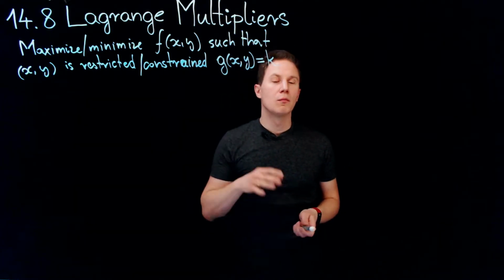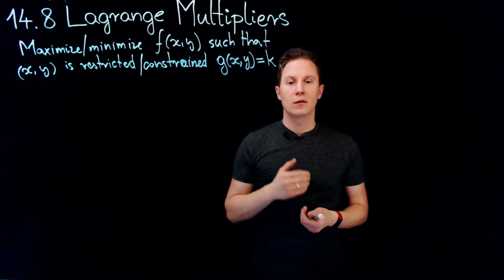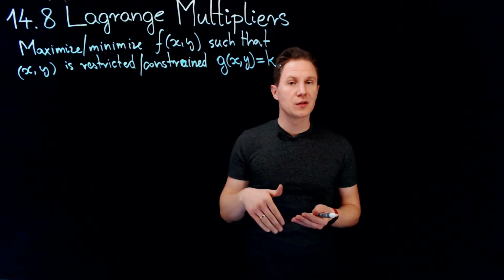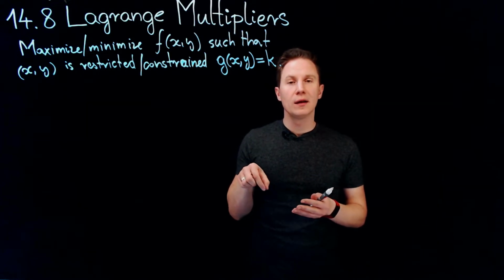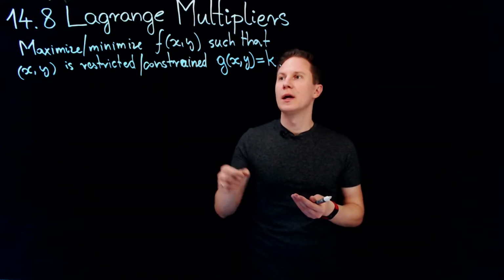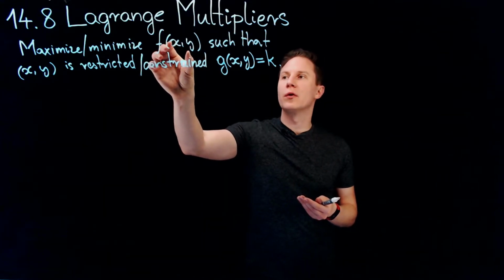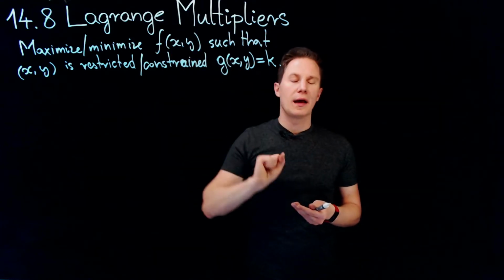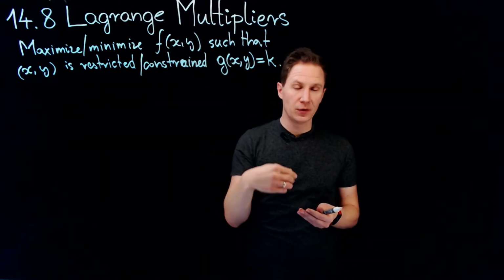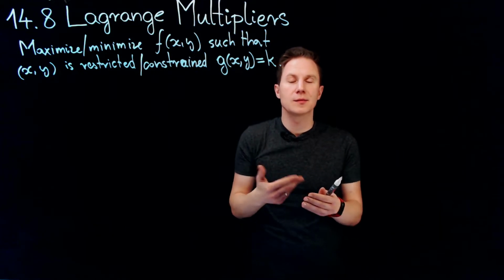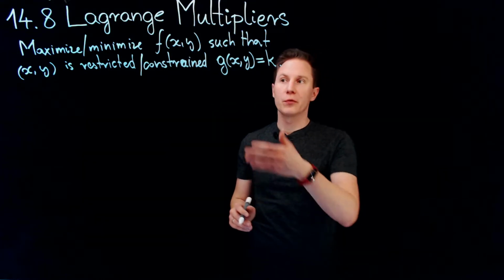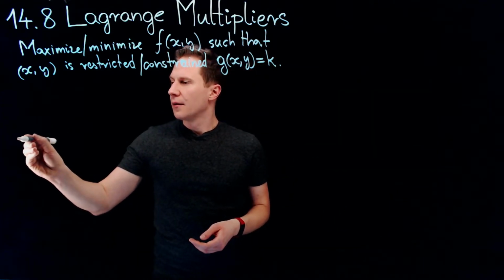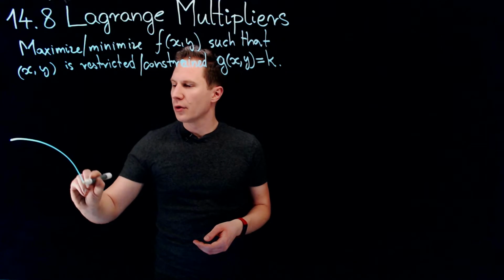So this could be a function that restricts x and y to the unit circle, let's say, and we are only looking at points on the unit circle. What kind of function values will f give us on the unit circle, and where does it attain its maximum or minimum? To do that, we have to realize that if we look at the level curves of a function,